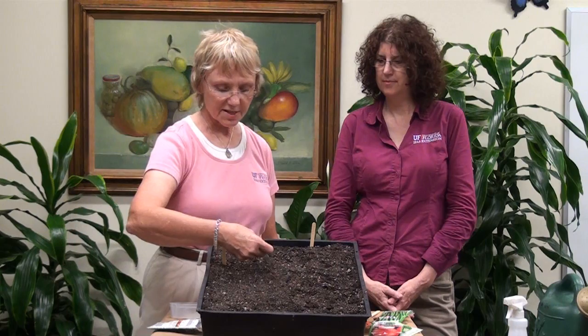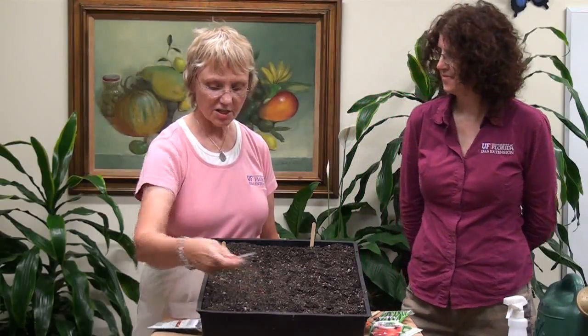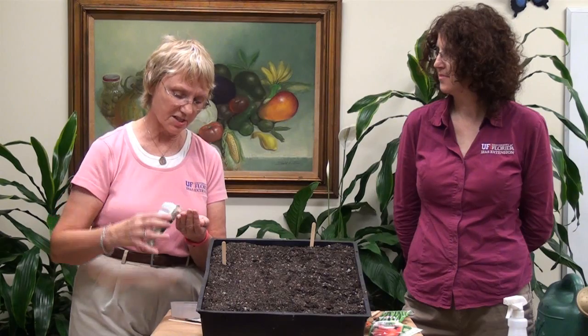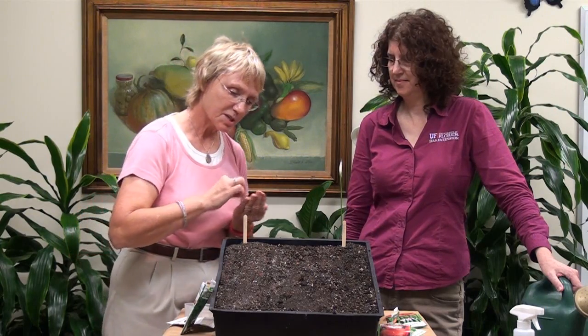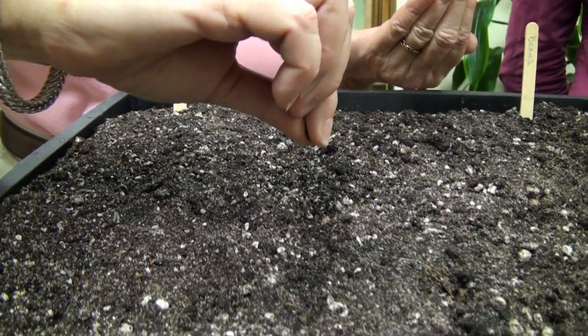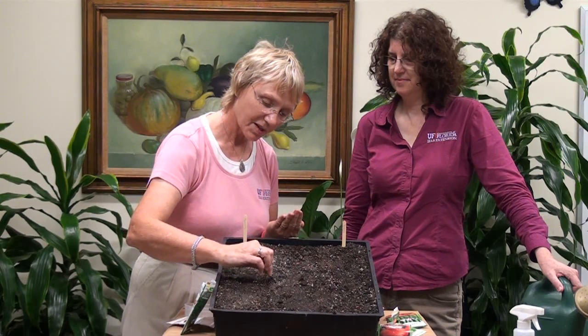Right, now the last seed we're going to show is lettuce. Lettuce we're going to put in between our beans and our carrots, and this is an even shallower seed. So what I'm doing is making just a little tiny area there. These seeds are bigger than the carrot seeds, and with lettuce we're going to want them about 4 or 5 inches apart. So I can space these out, and even if I thin my lettuce, I can go ahead and eat my lettuce. So I'm going to plant them like this,